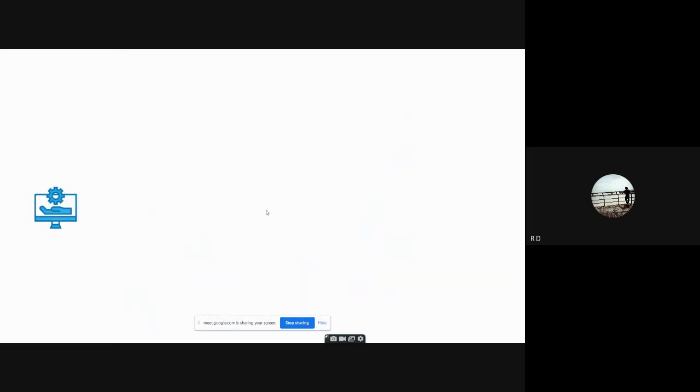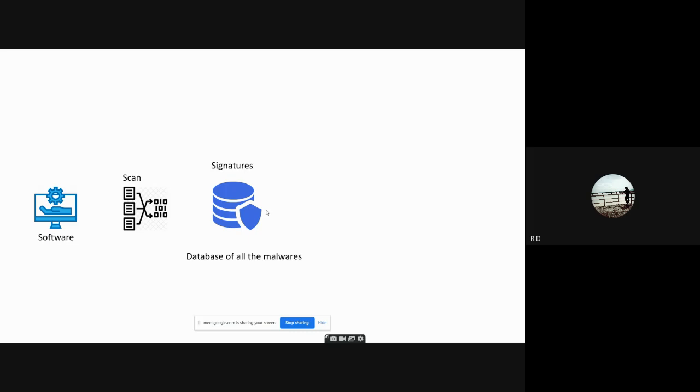This is very important. So there will be an antivirus installed in your system. There will be an antivirus software or an antivirus agent which will be installed. Now when you perform the scan, this will basically check each of the files with something called signatures. So there will be a database of all the malware. Signature means a database of all the malwares. Not the complete malware, but a signature of the malware, like a blueprint of the malware, is called a